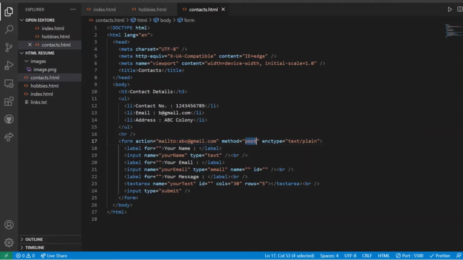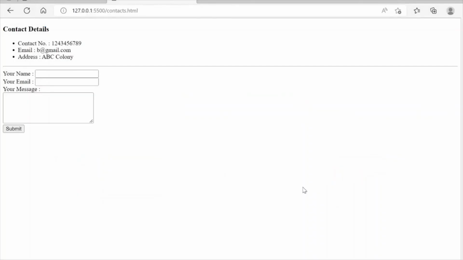And the method is post and the encoding type is text/plain, which means that whatever we have mentioned in the name attribute will be taken as text only, and accordingly it will draft a mail for us. So this was for the body of the form, so we have achieved the entire structure for our contact details.